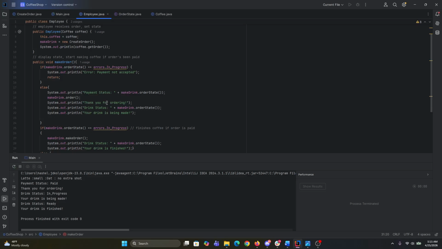So now we start creating the order. We make our call to order in a create order, and that changes the state. Now we go from paid to in progress. We send a thank you message for their order. We start making the drink, and we update the drink status. So now the drink status is in progress, and the drink is being made, and we send the customer a